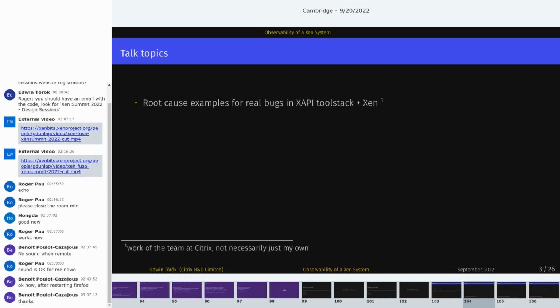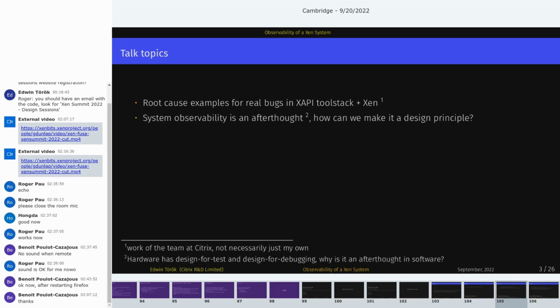I'm going to start with some examples of real bugs that we found, either in production from customers or from our own testing system, and show how we track down the root cause for those particular bugs. Then I'll try to think a bit more generally, because there are tools that we use to identify these bugs, but they're all very individual and specific. What can in general be done to make it easier to debug and observe